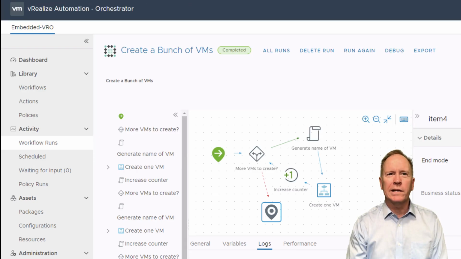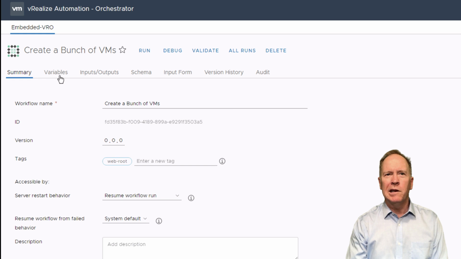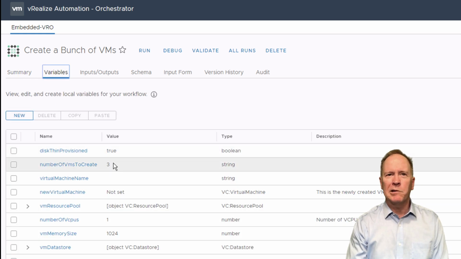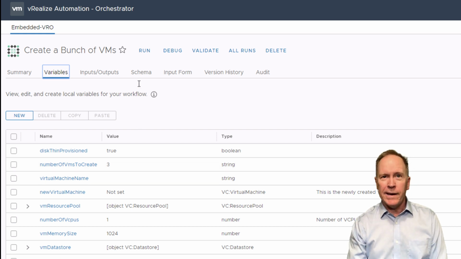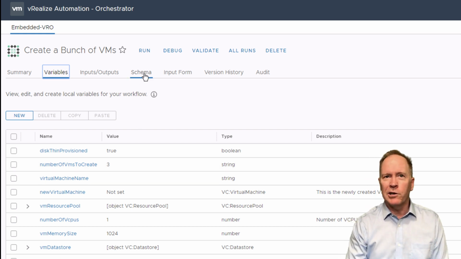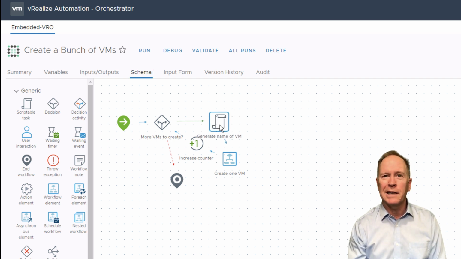We could, at this point, just go to our workflow, open the workflow, go to its variables tab, and crank up this number from 3 to 1,000. But I want to make our challenge even harder here. We're not just going to create the VMs, which is going to consume disk space. I want to also power them on, which is going to definitely start beating up on my tiny lab environment. So before I do that, let me